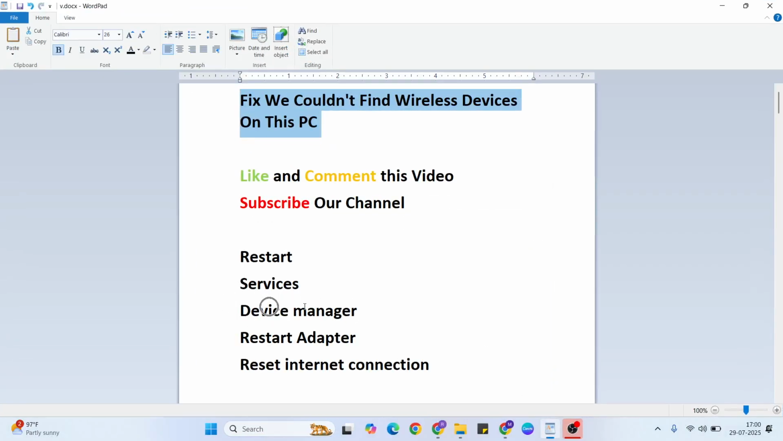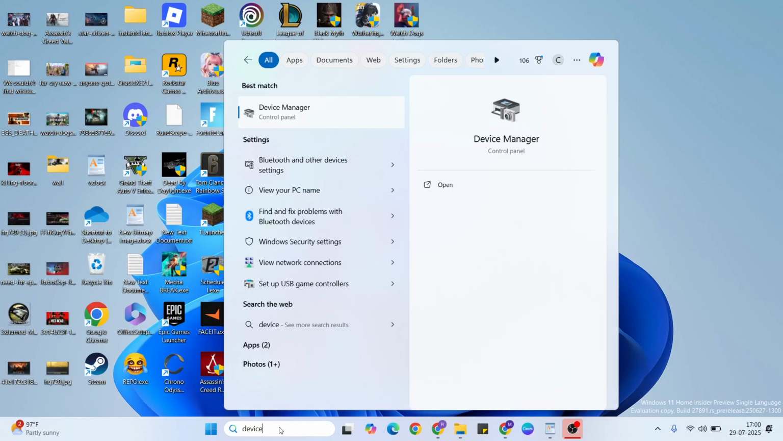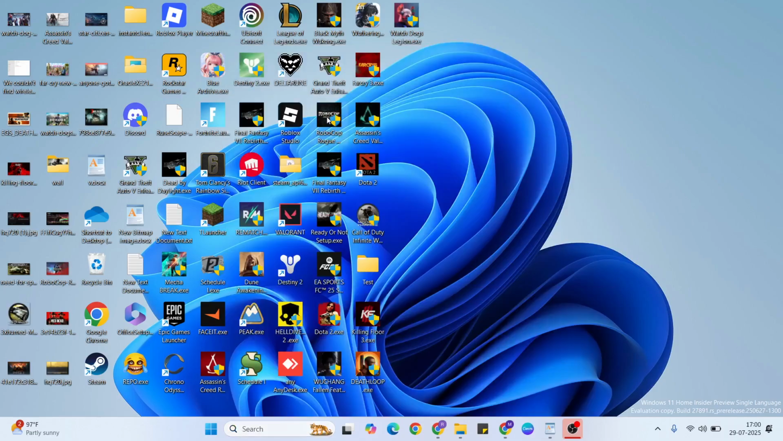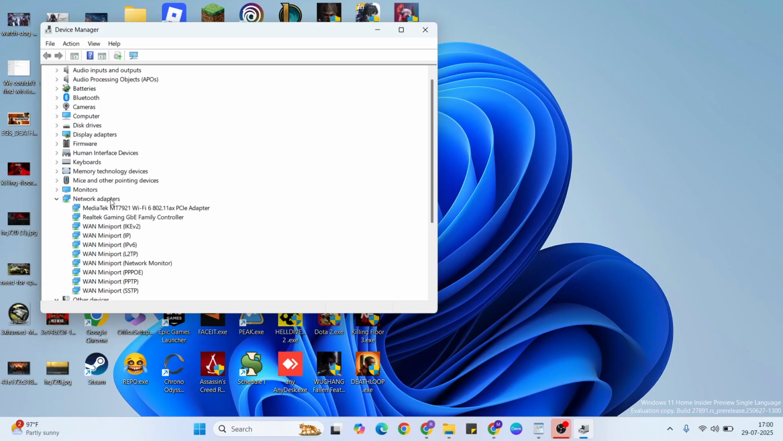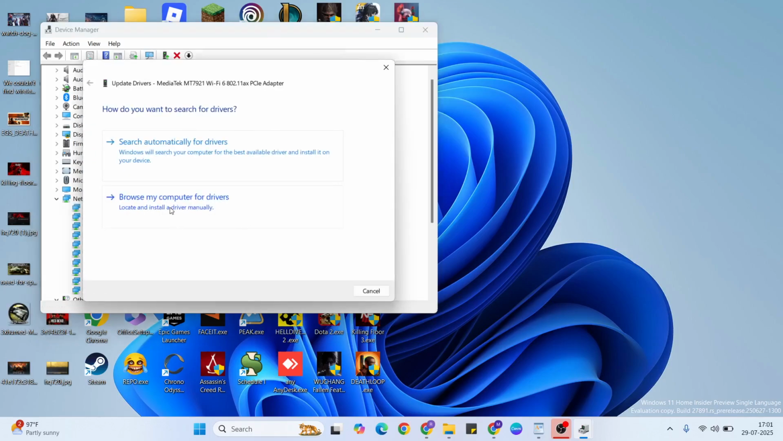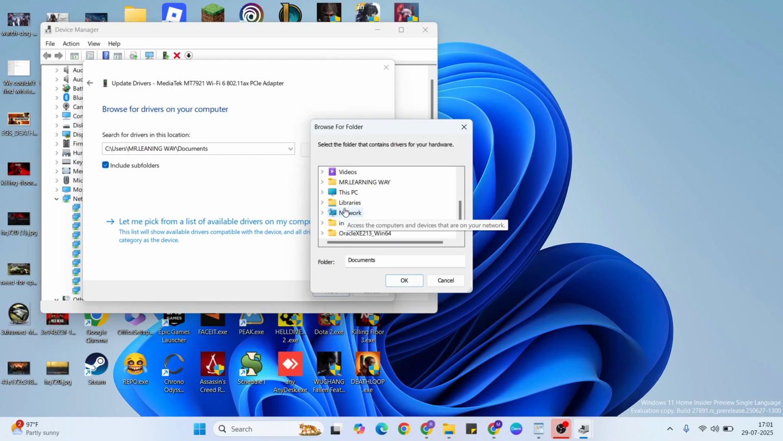Then go to the next solution, Device Manager. Go to Device Manager and click to open it. Then expand Network adapters, select the adapter, right click, then Update driver. Click to update the driver, then Browse my computer for drivers, then change the location. Click Browse, then scroll down,